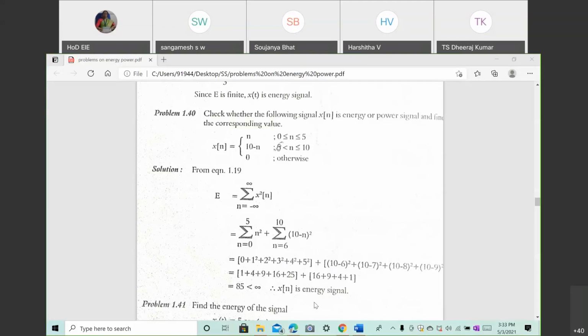Like that, with patience and interest, if you spend more time in the beginning. From day one, I'm telling you, understand the basics thoroughly, understand signal notations and the different formulas, whatever is coming, note it down. If you know these things, you can easily complete it without any difficulty. Also, if you know the condition that whatever number you get is a finite number and it is less than infinity, that is one of the conditions for an energy signal. It should be less than infinity, then only can we call it an energy signal.